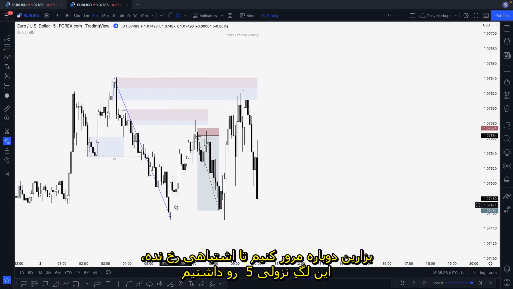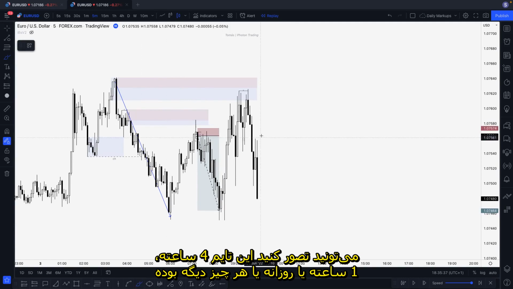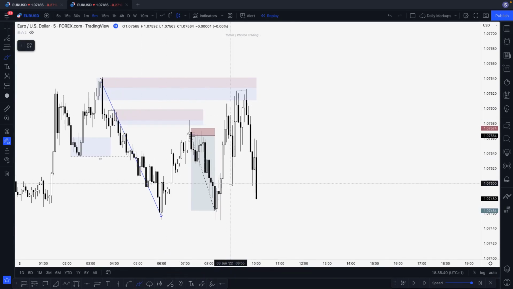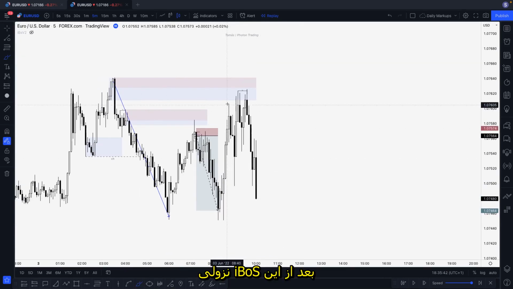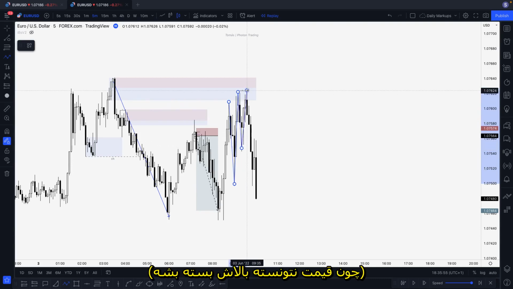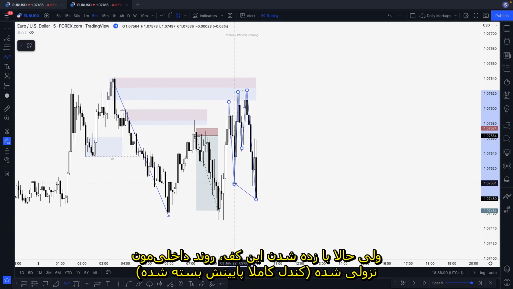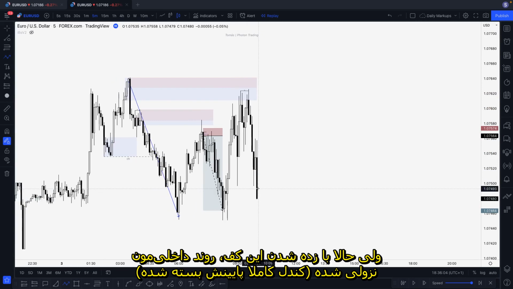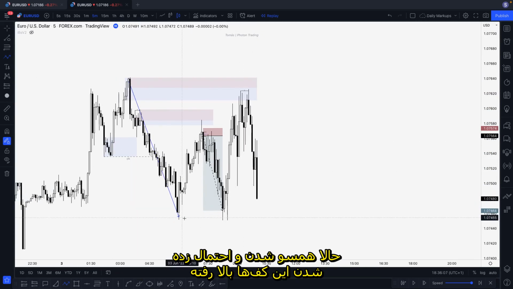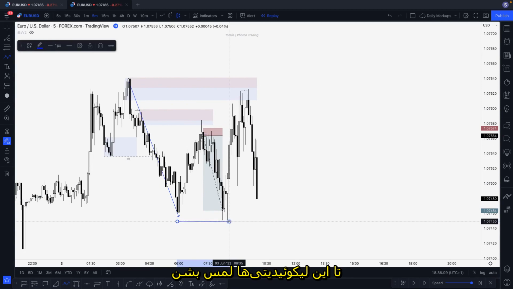I have this bearish leg on M5. Imagine this is H1, H4, daily, whatever. After this internal BOS bearish, because you can see the push, let me put an arrow. We have the push down, the push up, and the push down. I'm not counting these two legs, but you can count them, just because the price didn't close above, just weak. But you can see that we now have an internal BOS bearish. We now have this low run with a body break, so I have alignment, and this low is likely to get run. For me, this is the liquidity to target.